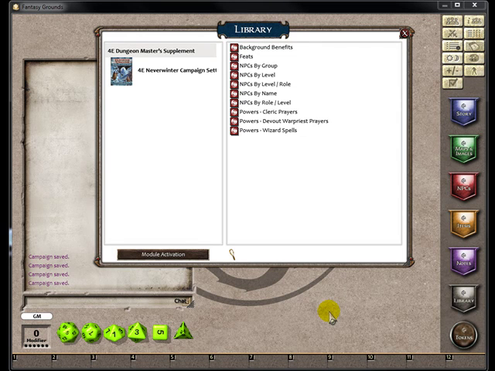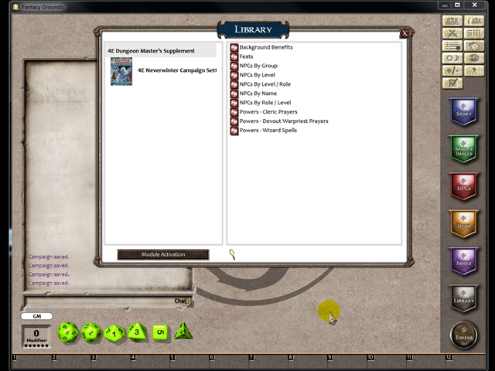I saw a request on the Fantasy Grounds message boards on how to combine the items from Valero's 4E item parser into Tenian's 4E parser. And so I thought I'd make a brief video to show you how to do that. It's not very hard. The basic idea is you take the data and the library link entries from the items and simply add them to Tinian's